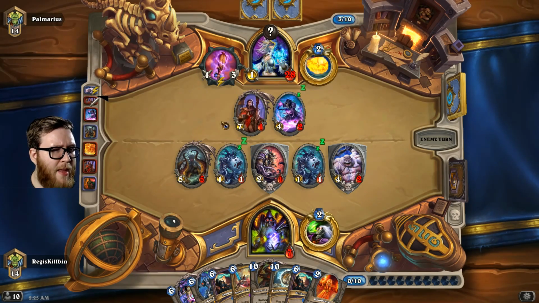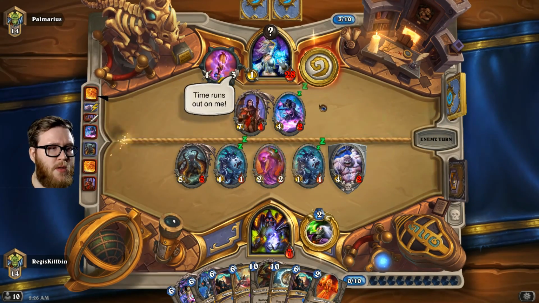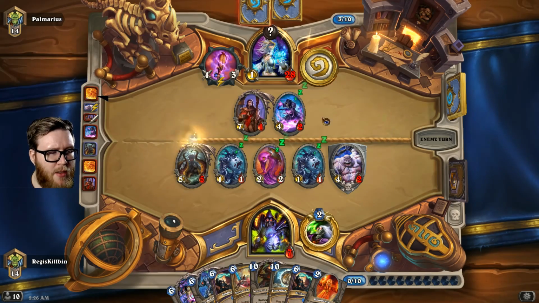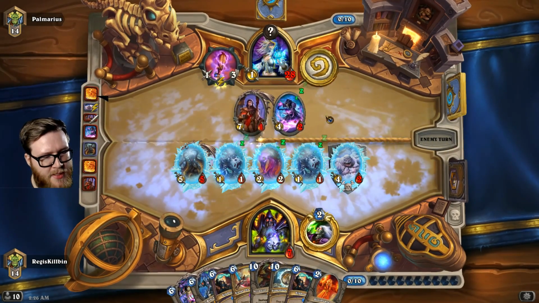But suddenly I feel a lot better about our position. Just because we can tidy up his board, have some minions alive, and heal up a little bit with Siphon Soul, too. Frost Nova makes that less...